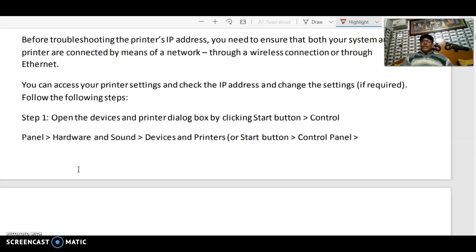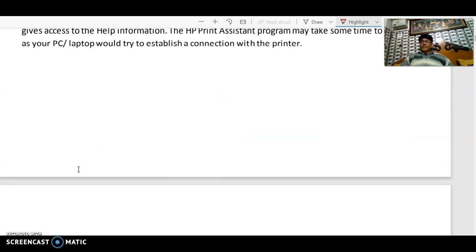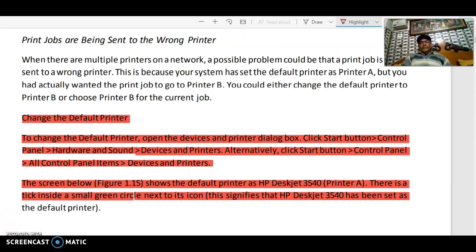Okay, fine. Now next we have, in case of two or three printers attached to your computer, one you can set as a default printer, but sometimes you require another printer to print, that means changing of the default printer. So to change the default printer,